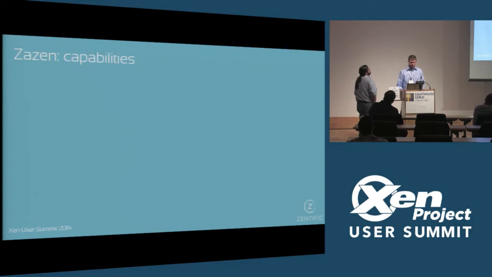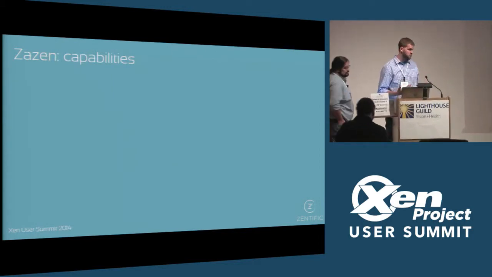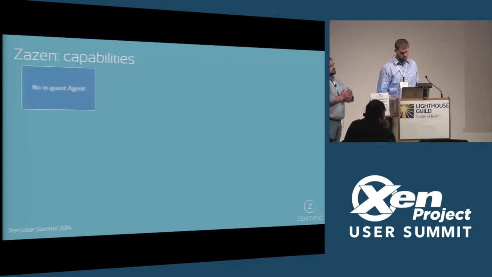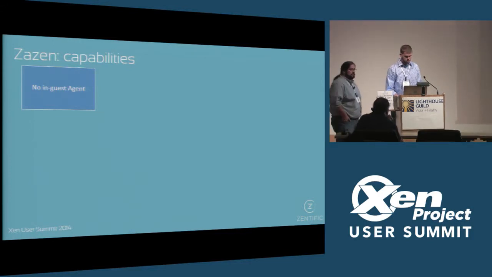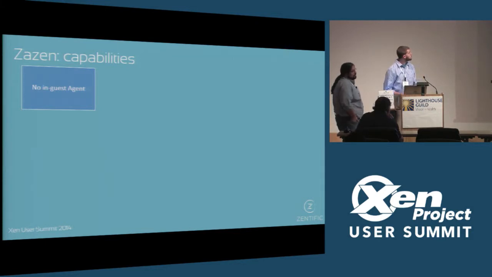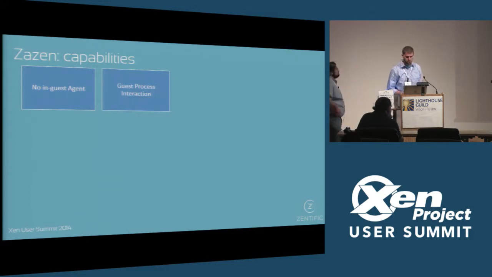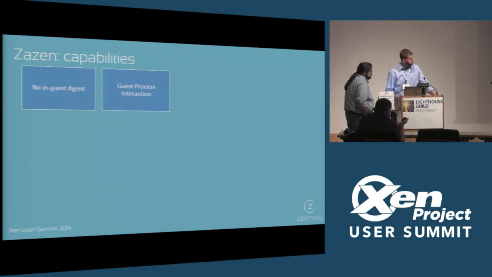So let's talk about some of the capabilities that the introspection layers of Xen has given us. We're able to not have to deploy an agent inside the guest to do the security operations we need to do. This is a fundamental difference from any antivirus you run inside your operating system. It either requires a kernel module, a driver, some sort of scanning tool. These things simply do not run inside your operating system. There's a huge benefit to this. We can interact with processes, so we can kill a process if we need to. We'll know when they're launching, when they're closing. We can start a process if we need to.